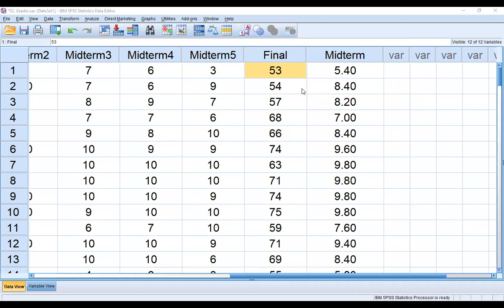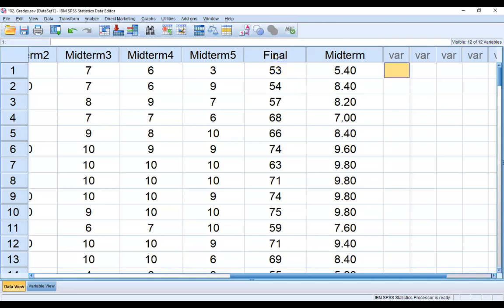So we can create 4, 5. It depends on our requirement. So just for explanation purposes, I am creating 3 categories. A means the students who obtained more than 60 marks. The B category means the students who obtained between 60 to 50 marks, and C category means less than 50%.